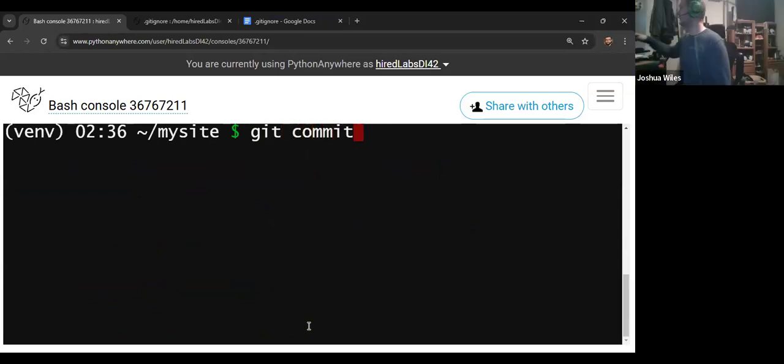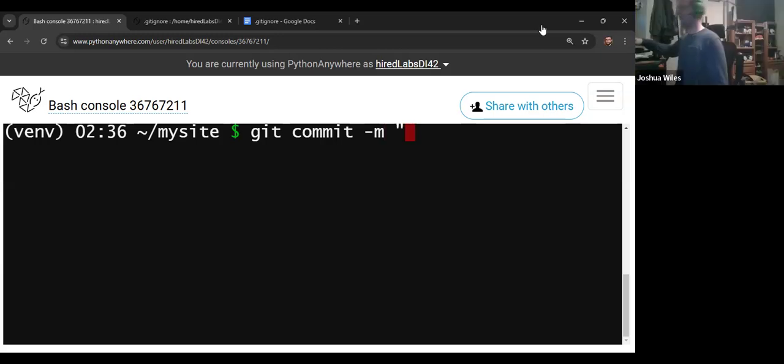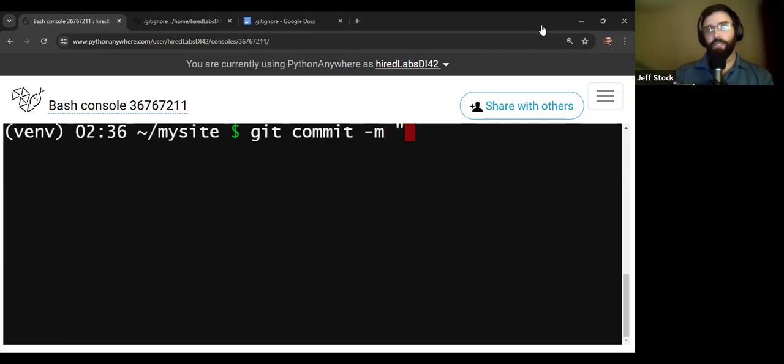So we're going to do git commit -m, which stands for message, I think. It's going to be the message as a string, so double quotation marks. And then this is supposed to be something descriptive. It's usually project dependent, right? So whatever you want to put in there is what you're going to do. Oh, actually,